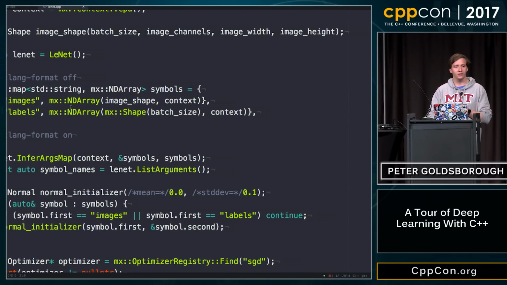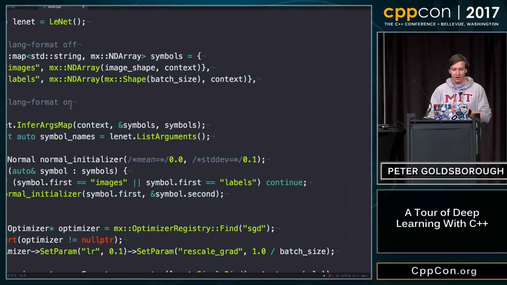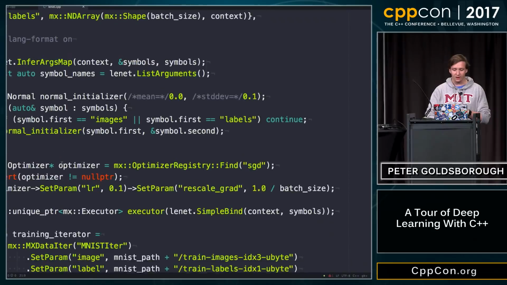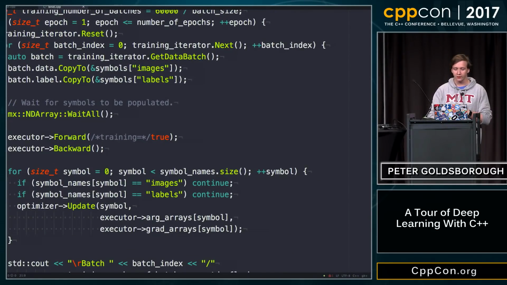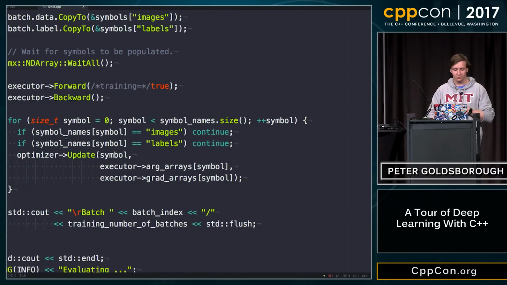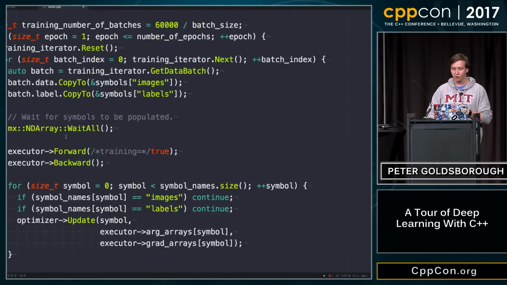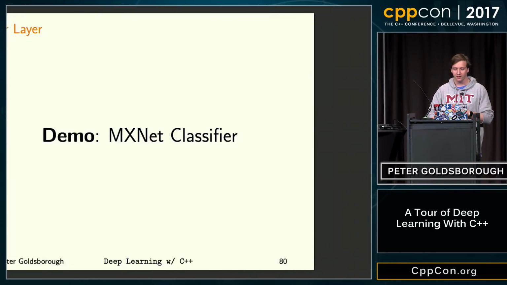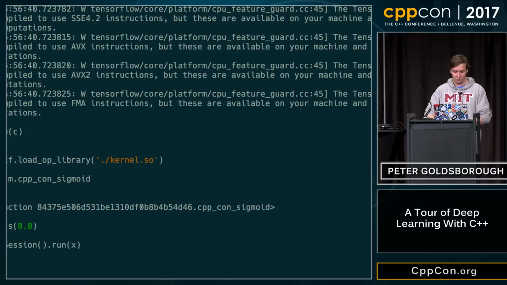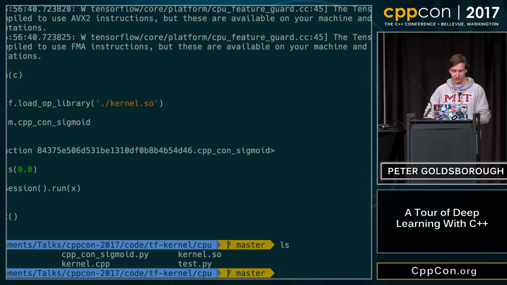Here we're defining the nodes of a computation graph. Here I'm initializing them with values sampled from a normal distribution. The actual training itself happens down here where we're just calling .forward, which does the forward passes on the kernels, and .backward, which does the backward passes on the kernels. And that's essentially it. It's around 250 lines of code to create a full-fledged neural network using this pretty nice C++ API.